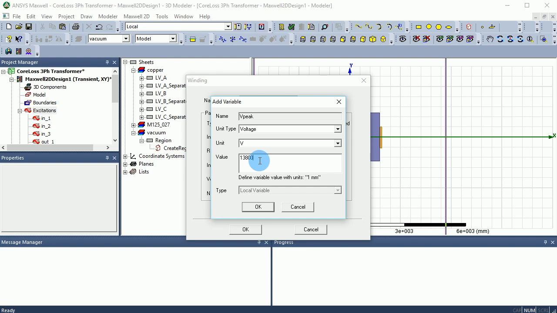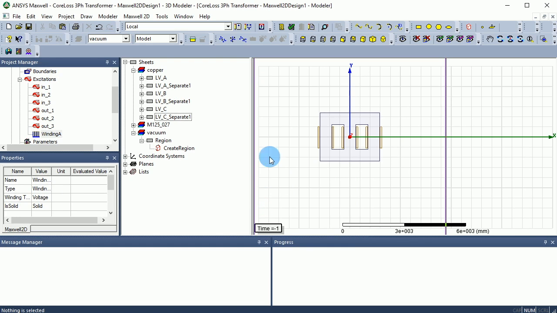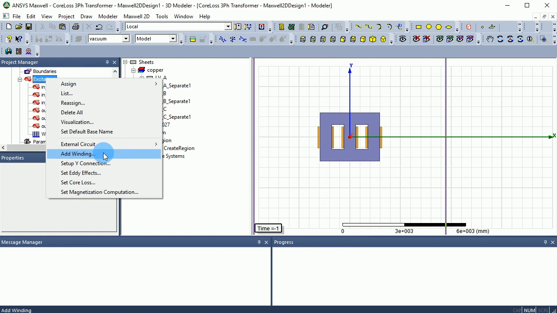So that gives us the amplitude value of, basically you will have to multiply it by the square root of 2. That gives you the amplitude, and you divide it by, of course, the square root of 3 to give you the amplitude of each phase itself. Okay, and that should be okay. You press OK on this, and once again you have to do the same thing over and over for the